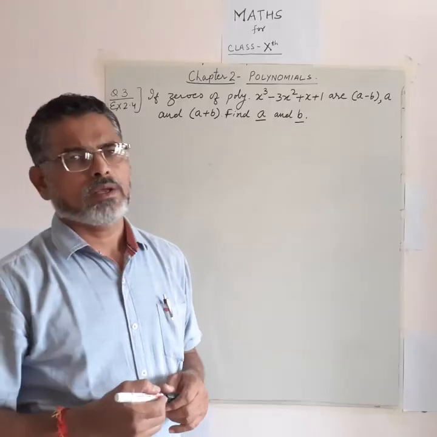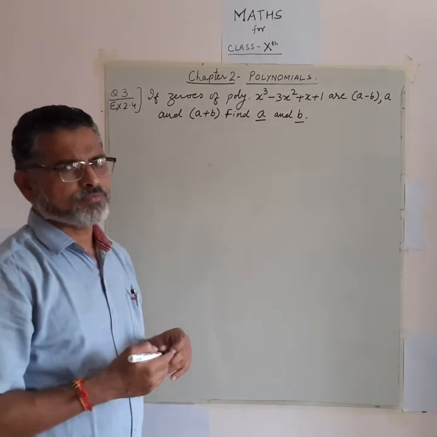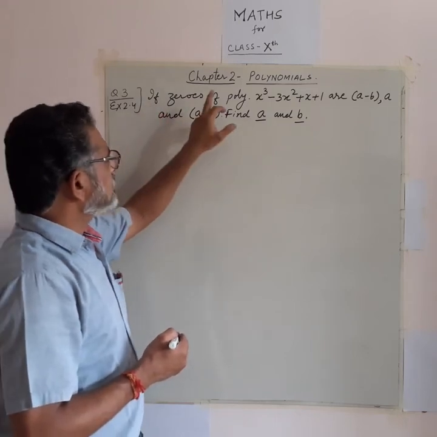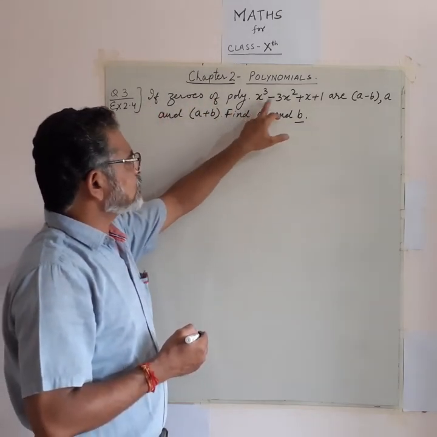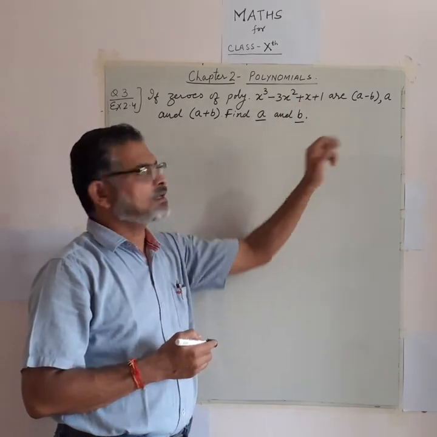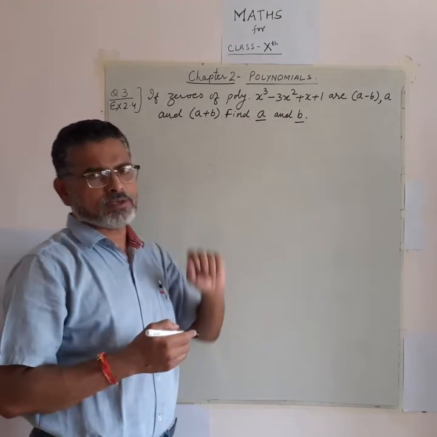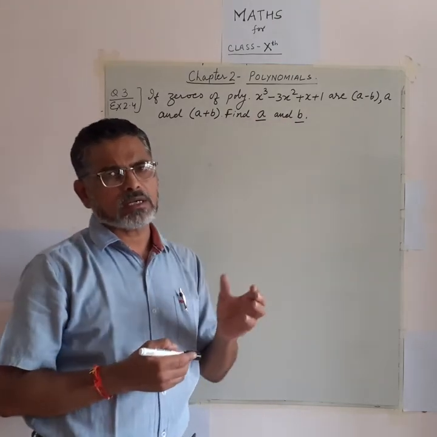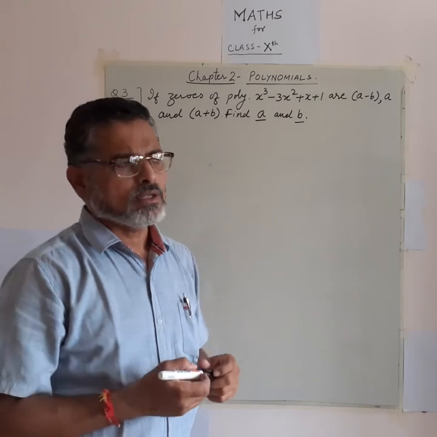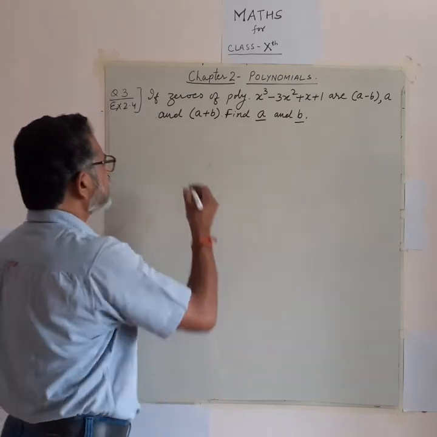Clear? Now we take question number 3 of exercise 2.4, where the zeros of the polynomial x cube minus 3x square plus x plus 1 are a minus b, a and a plus b. Then we have to find the values of a and b. Here the zeros are given in unknown terms. So to solve such questions, we assume,